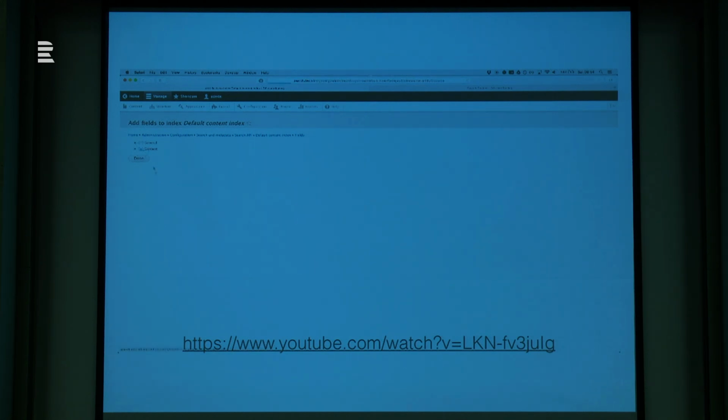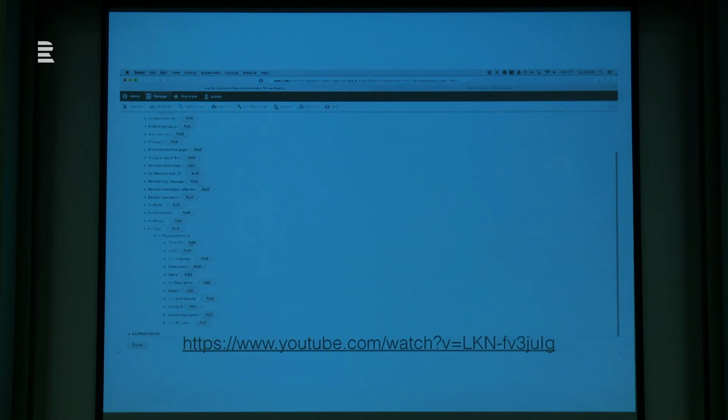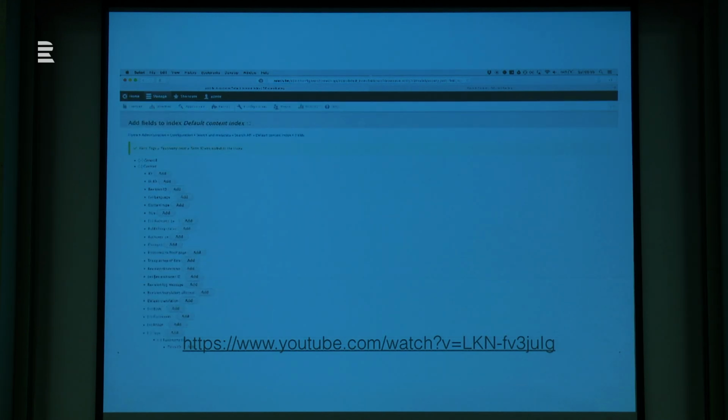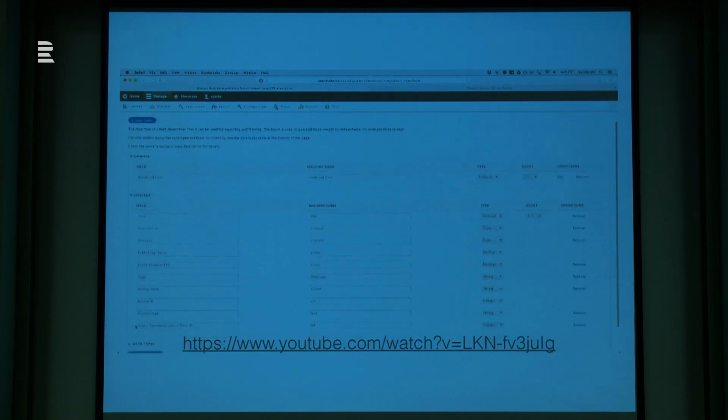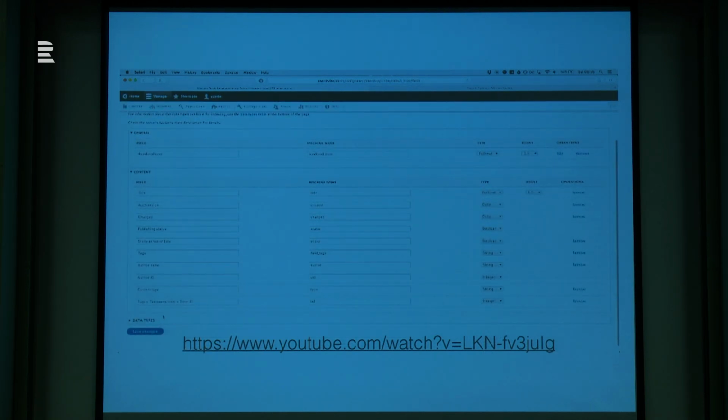This is a UI that's horrible. We know there's an issue. But you can select the fields that you want to index. In this case, I'm going to choose, it's very hard to read on this screen, I'm sorry, but we're going to index the tags field, go into the taxonomy term, and then index the ID of that taxonomy term. But as you can see, it's a drop-down kind of thing,